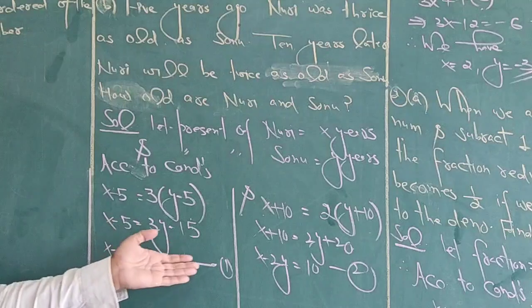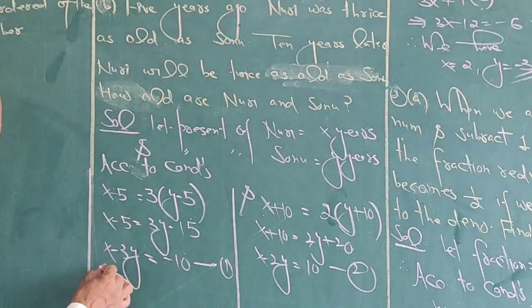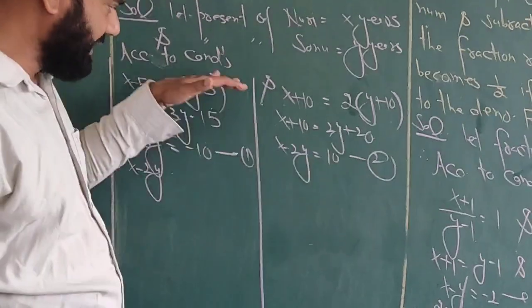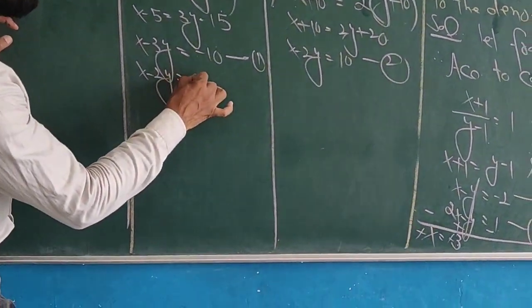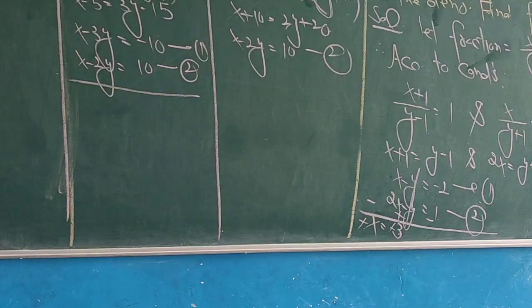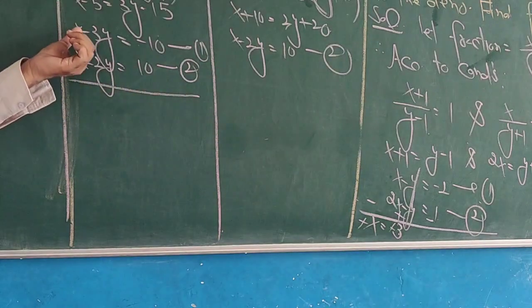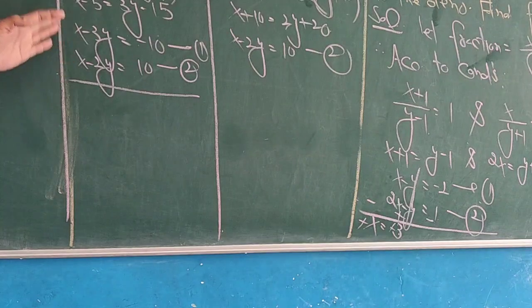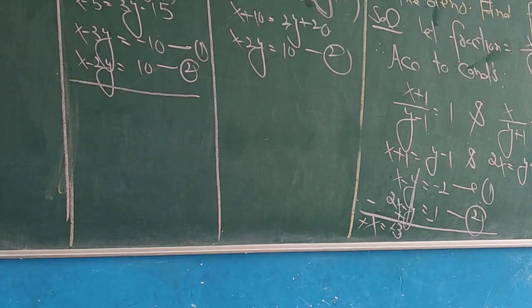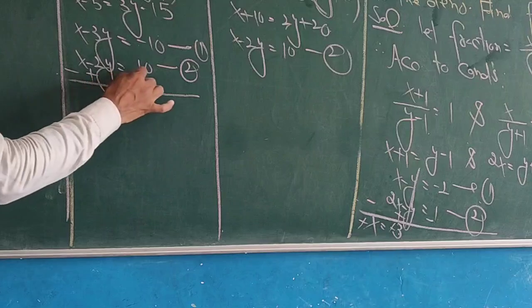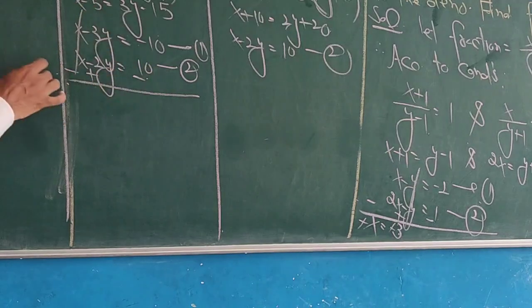Now we solve it by elimination method. So this is equation one and this is equation second. X minus 2y is equal to plus 10, we write equation second below equation first. This is equation number second. Now we solve by elimination method, and we see that in this question the coefficients of x are the same. So only by changing the sign of the equation we cancel the value of x: negative, positive, negative. So x and x are cancelled out.